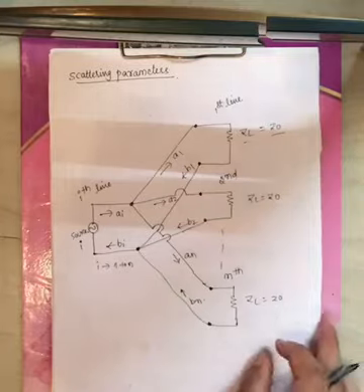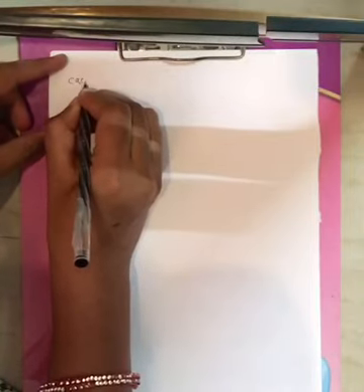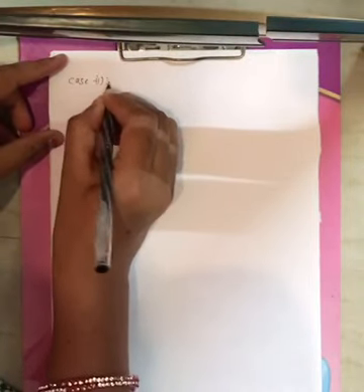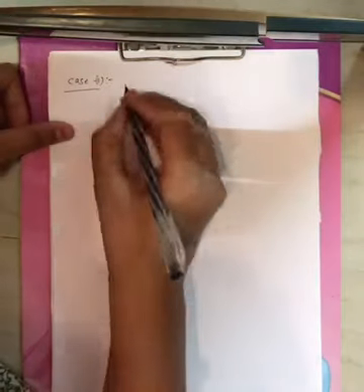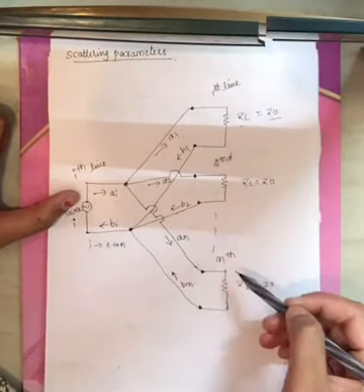Now consider case 1. Using this figure, let us find out the relation between input power and output power. You have n number of transmission lines. If you see this figure, you have the first transmission line, second transmission line, and so on up to the nth transmission line, right?